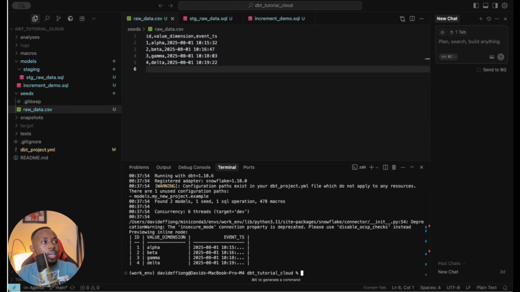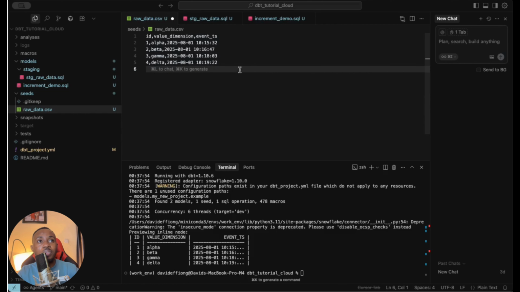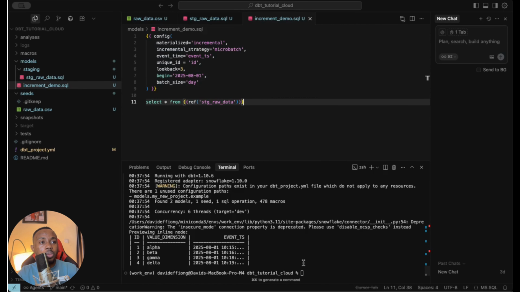All right, yeah, so this is our data. So imagine I added 4 more records into our data. Typically your incremental model will bring in new data, right? Oh, before I even bring this in, I've not run the incremental model. So while our data is still having just 4 records, let's run our incremental model. dbt run, select increment